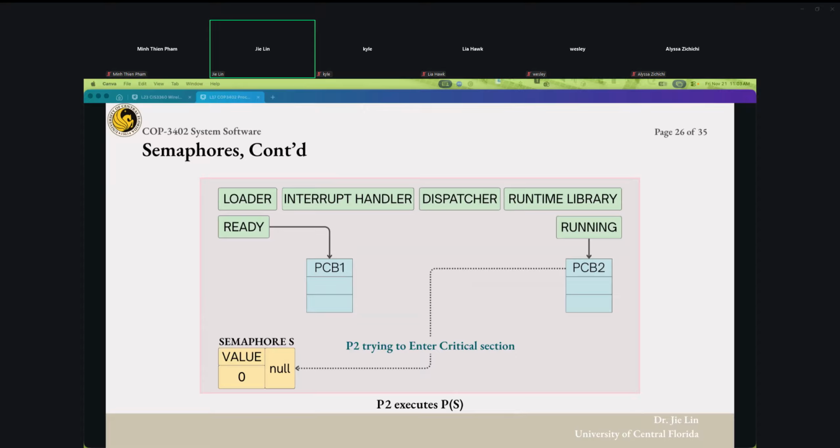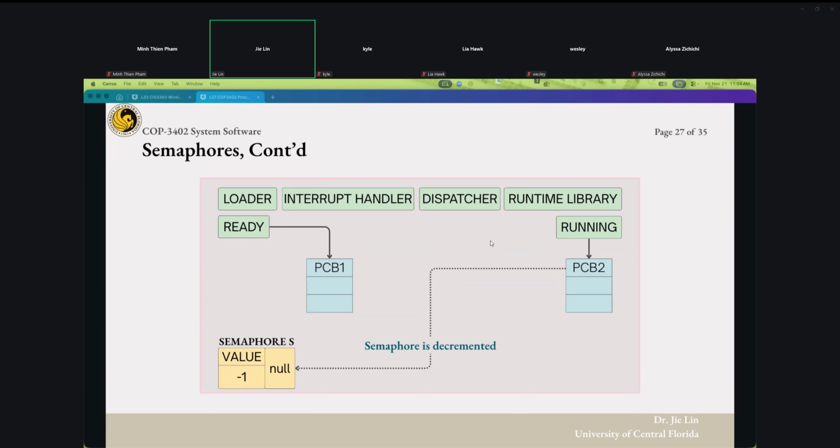So now P2 attempts to enter the critical section by executing the semaphore operation, P of S. Simply remember, the semaphore value is currently 0, which means the critical section is occupied. Therefore, P2's attempt to enter immediately will not be successful and will lead to a different outcome. As you can see here, P2 executing P of S is still doing that job, but once it's doing that